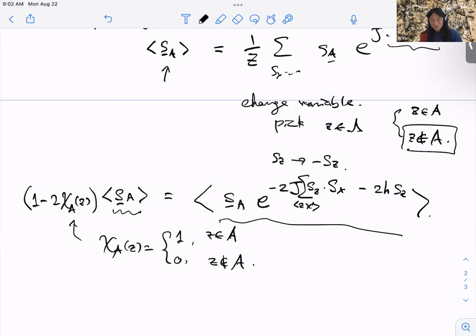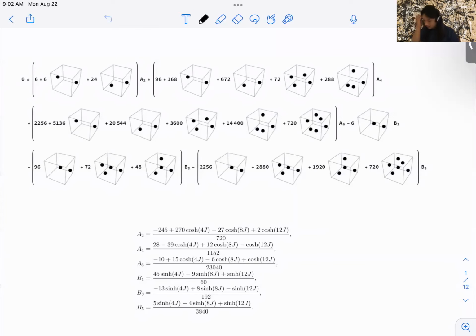Now this is kind of a big mess to do by hand, but it's not very hard to implement on a computer. You can generate these loop equations. Just as an example, let me show you a slide. So this is for the 3D Ising model. Depending on the subset A you consider and the point z you pick, you can get arbitrarily complicated spin flip identities like this. This is just one example, just to show you what it looks like.